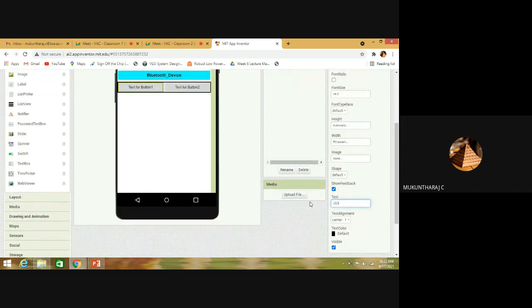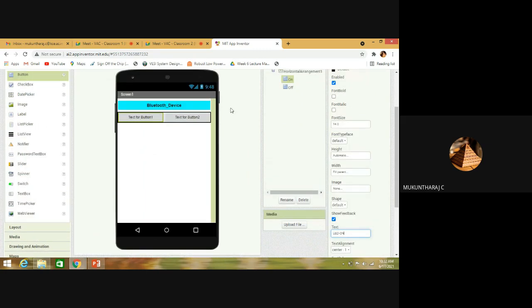LED on. And then for button 2, I'm sorry, I think instead of underscore I have put this. So for text button 2, it is going to be LED off.